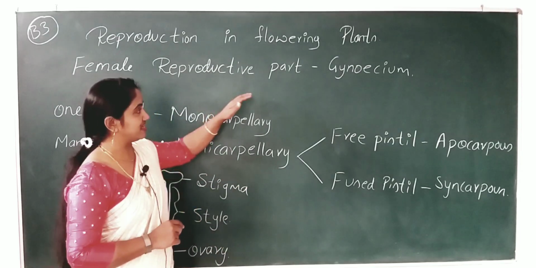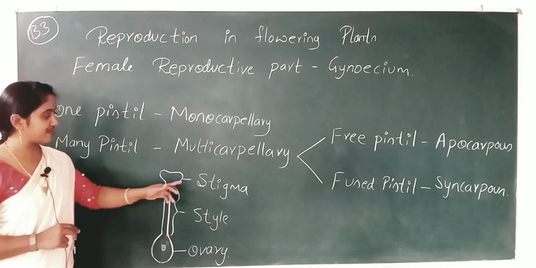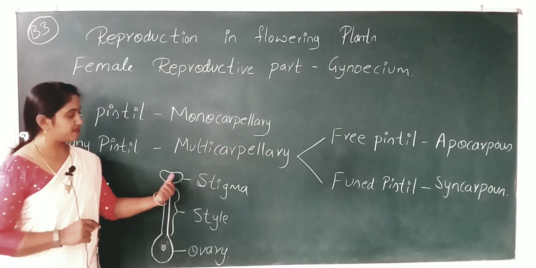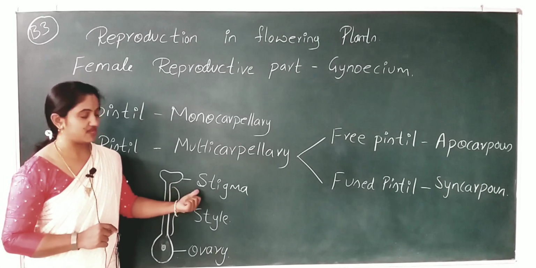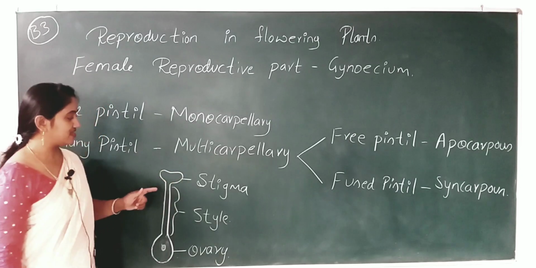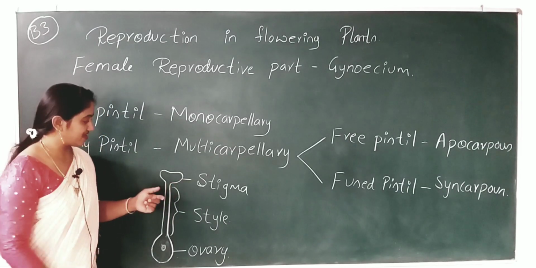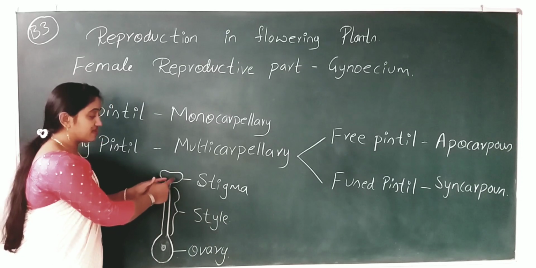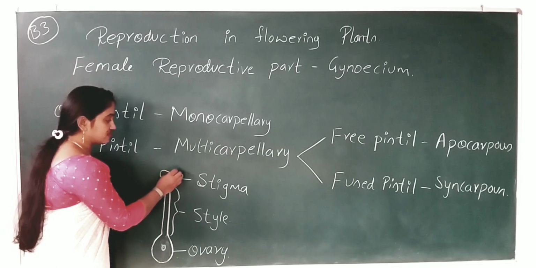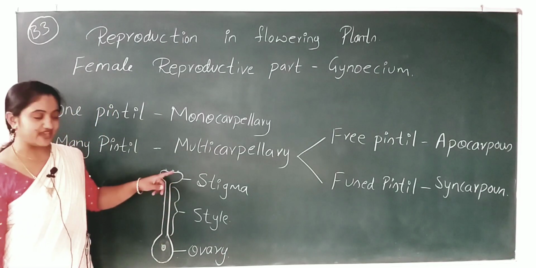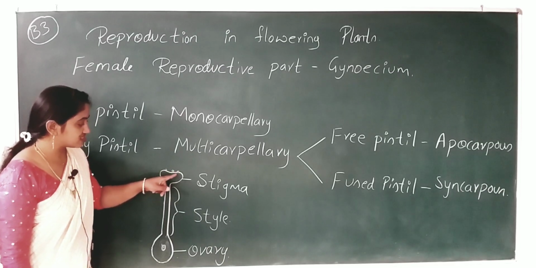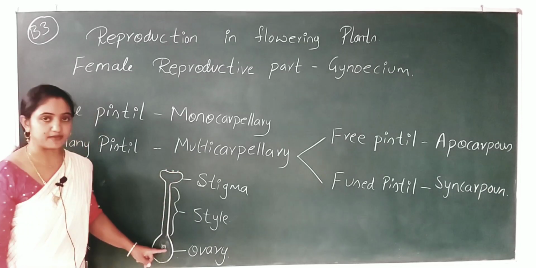As you know, the gynoecium, or the pistil, has three parts: the stigma, style and ovary. The uppermost part of the gynoecium is the stigma, which is a little bit swollen in size. It is the platform for the pollen grain. The pollen grain sits on the stigma, where it produces a pollen tube through the stigma and reaches the female gametophyte.